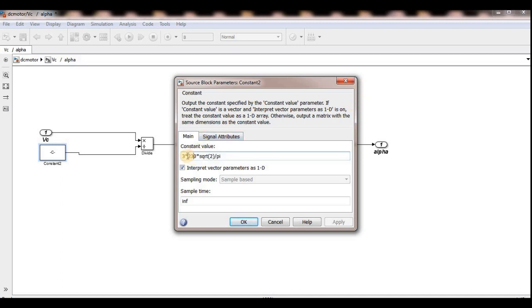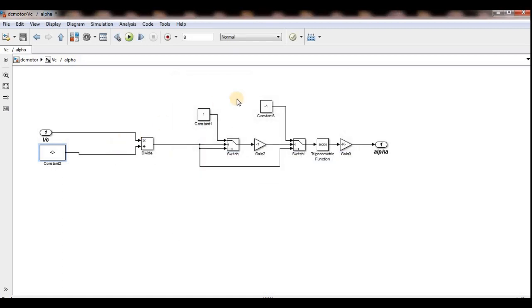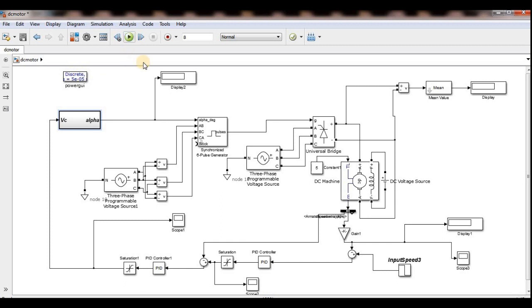This is my phase voltage. 230 is my phase voltage because this is three phase. So it is 3 into the peak, VMP. Root 2 into VRMS is the peak of a single phase, and this is with 3 because three phase is used, divided by pi, and the rest of everything is the same. And let me check, this is also running in a discrete time system.